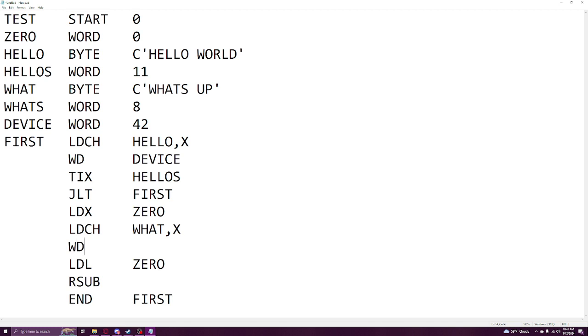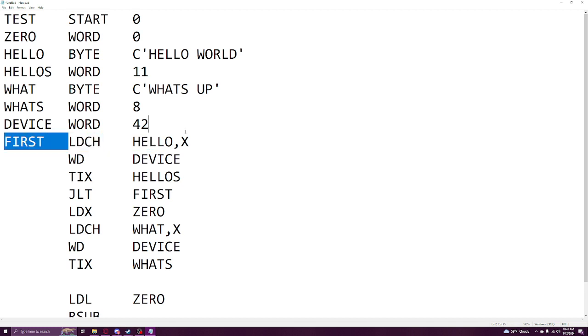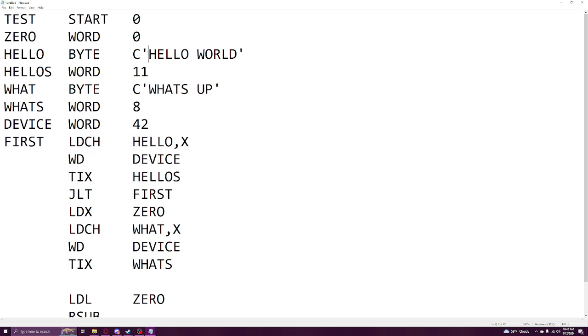making sure that we switch our variable. And then we need to compare it, instead of to hello s, to what s, so that we're comparing to the right size. And we can't jump to first here, because if we jump to first, then it would start doing all this, and then it would start trying to print out the hello world stuff. So all we need to do is create a label here, and so let's just say print W for print what,